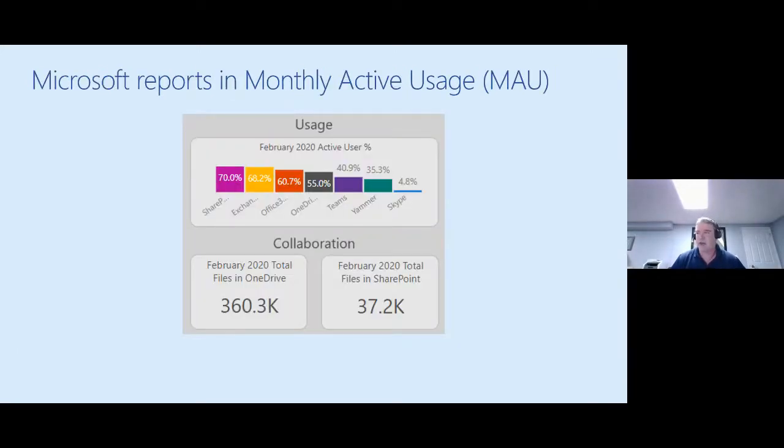And here's a quick screen grab. This is specific to all of the Office 365 workloads. The thing that Microsoft is really looking to provide you with is monthly active usage. So the MAU score is really one of the things that is very important, understanding how your growth is happening on a month-to-month basis.